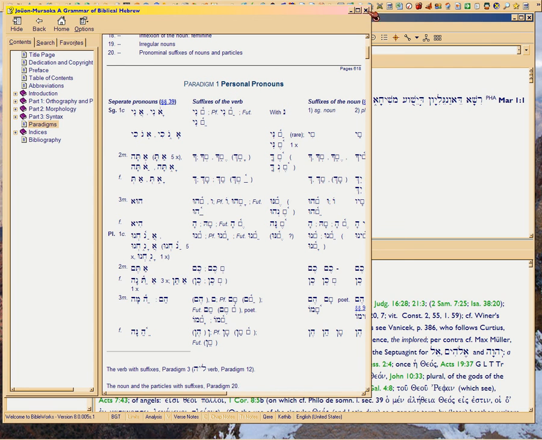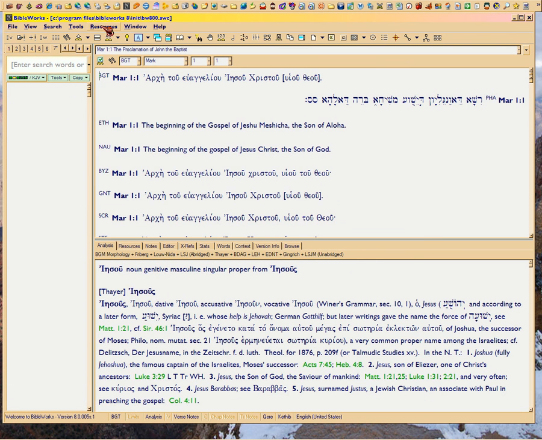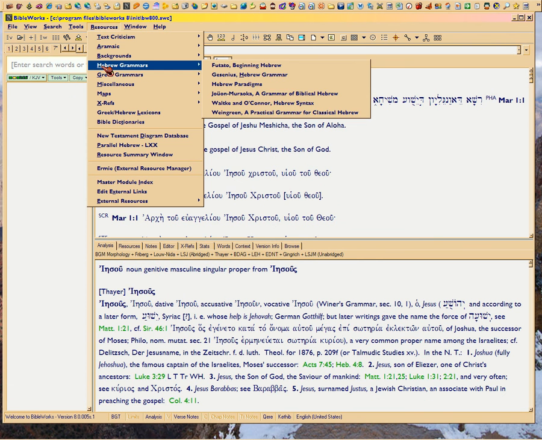So now we're going to go to the other thing, which is the paradigm. So you've got more than one Hebrew grammar. Pick Gesenius, and if somebody differs with Gesenius, then chances are Gesenius is right. But check it anyway, because you know Gesenius isn't perfect either. Now we've just gotten into paradigms.